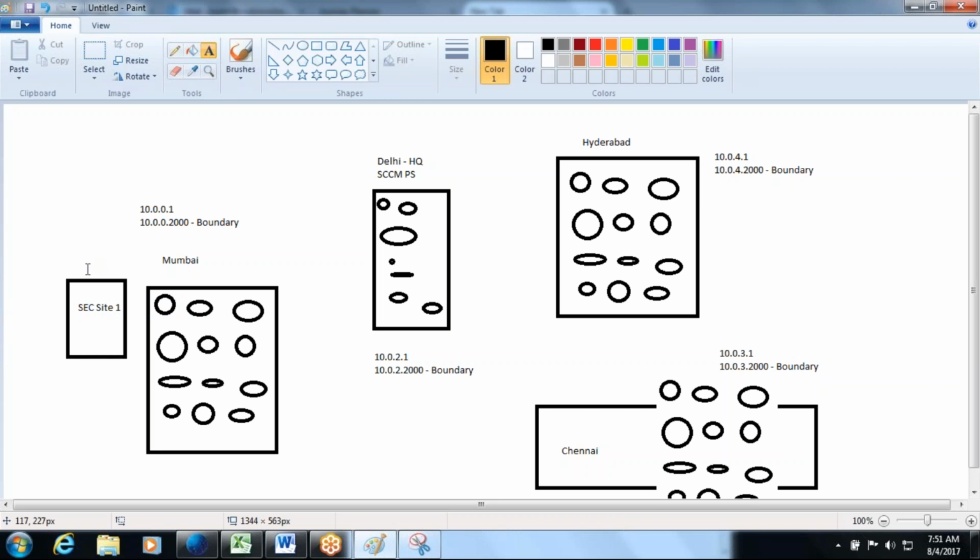All the computers will get the files from the secondary site. Delhi will send the file to the secondary site, the distribution point, and these computers go there rather than traveling to Delhi. They will not go to Delhi, they will go to this secondary site in Mumbai, so it is locally